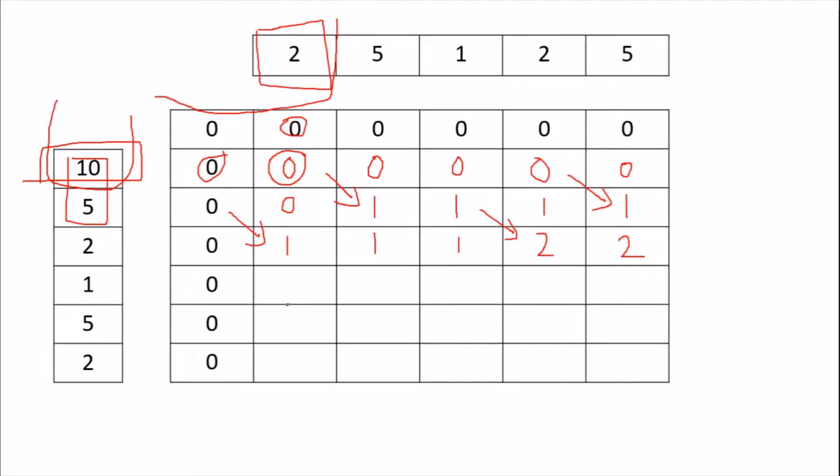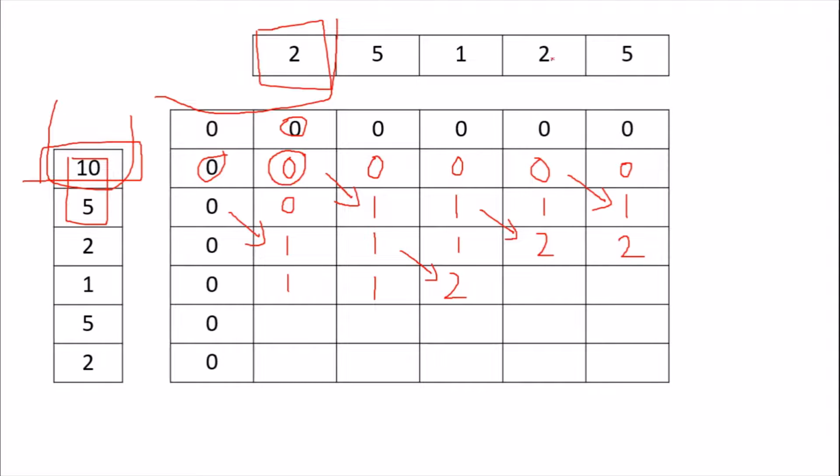Okay, again we do the same thing for this element and this whole array. 1 and 2 are not equal, whatever is the max of 0 and 1 we take here, and 1 and 5 they are again not equal, whatever is the max of this and this element we take here. 1 and 1 equal, we just add 1 to this element and store it here.